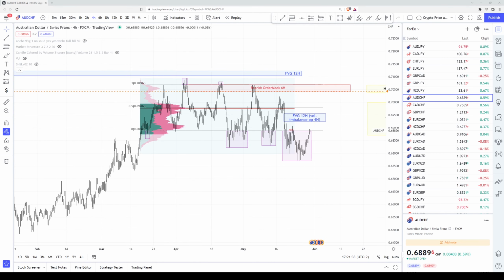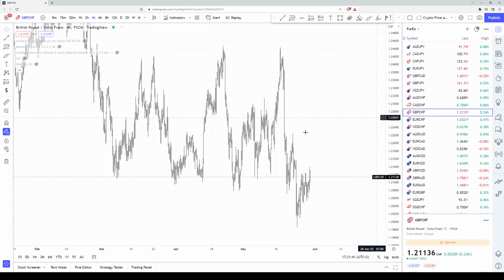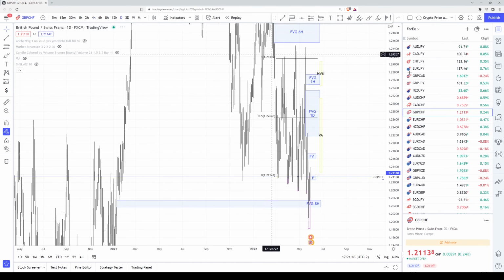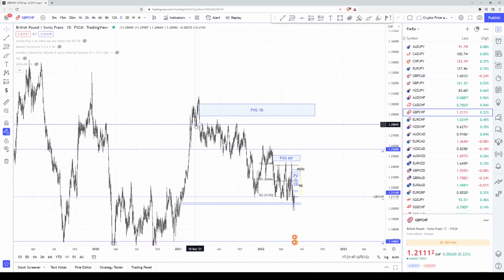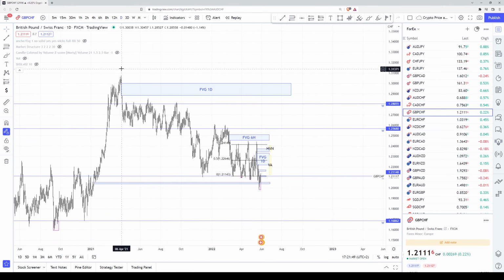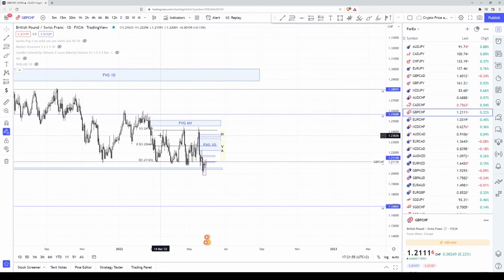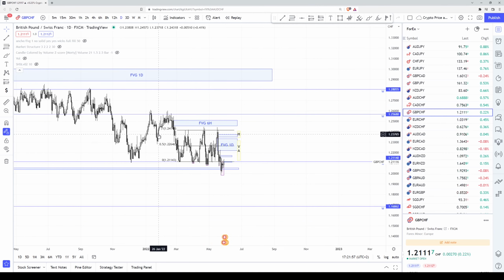The second currency pair that we'll look at today is a currency pair that involves the Swiss franc as well, but instead is the British pound Swiss franc. And if we first look at the daily time frame, we see that price tends to move in the downtrend from March last year until now. If we look at a more recent range that has developed from March of this year until now, we see a